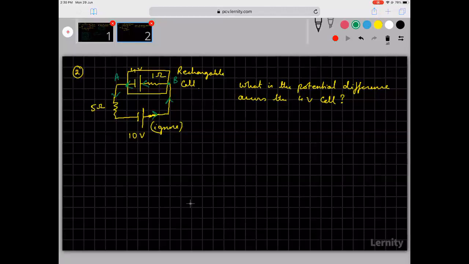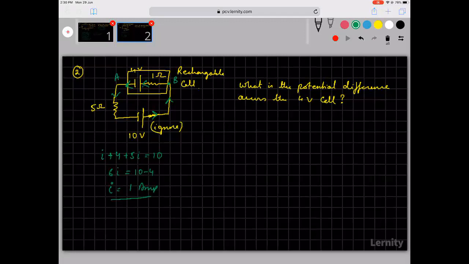So here, in the direction of the current, I'm going from negative to positive to negative, so I'll lose minus 4. Sorry, I'm writing all the losses first. So 4, and again I'm going to lose plus 5I is equal to 10. When I rearrange, I get 6I is equal to 10 minus 4. So I get I is equal to 1 ampere.